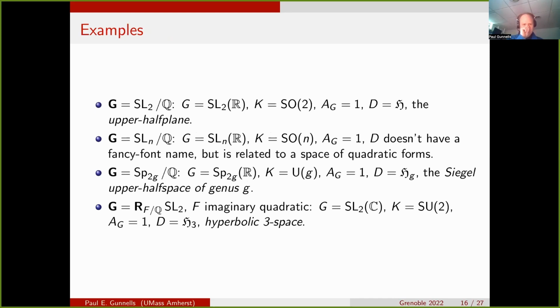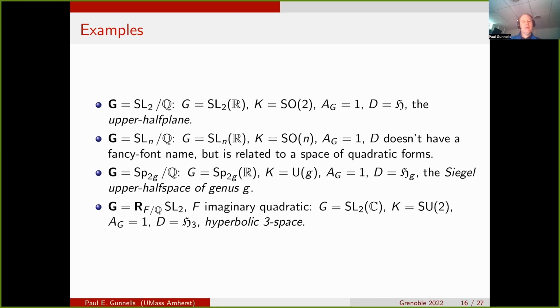So here are some examples just to get started. These are all semi-simple examples, so you're not going to see much in the AG, but they at least are going to be relatively familiar. The one that should be familiar to everyone is SL2 over Q. The Lie group in that case is SL2R, and the maximal compact subgroup is a special orthogonal group. These are the 2x2 matrices such that if you multiply them by their transpose you get the identity, so A times A transpose is the identity. That's the largest compact subgroup, up to conjugacy by elements of SL2R, inside SL2R.